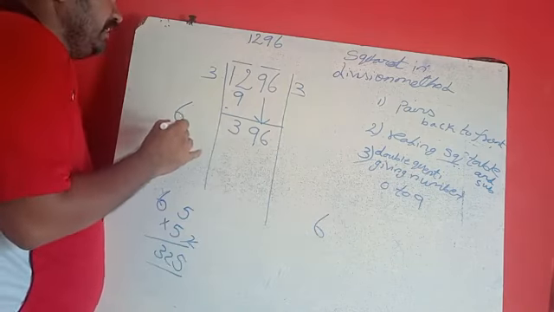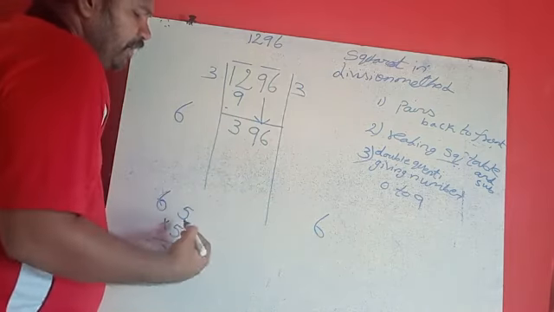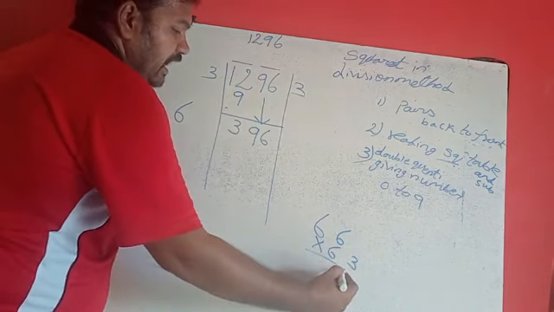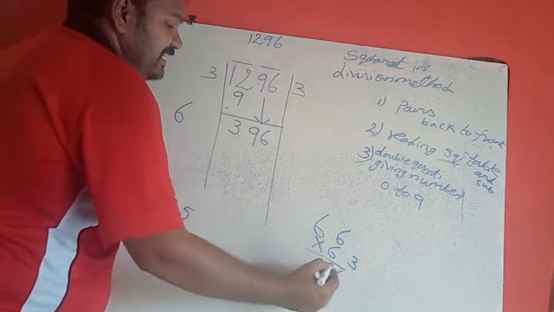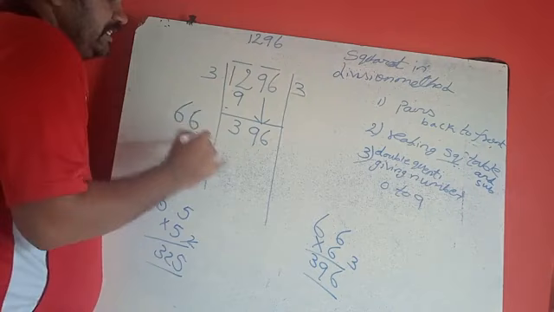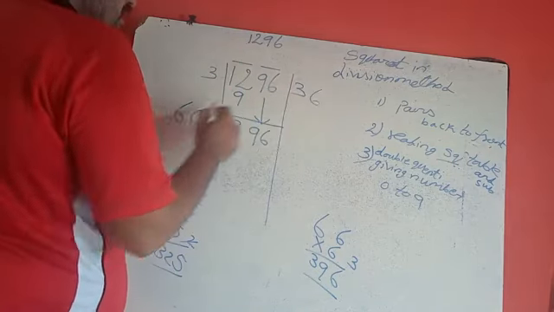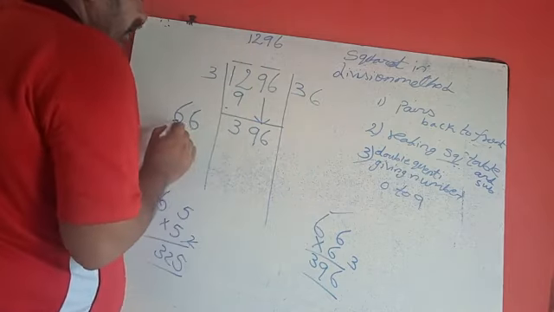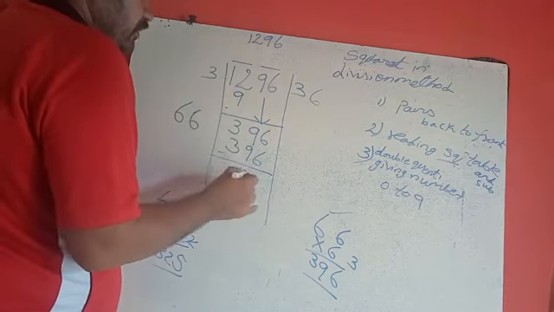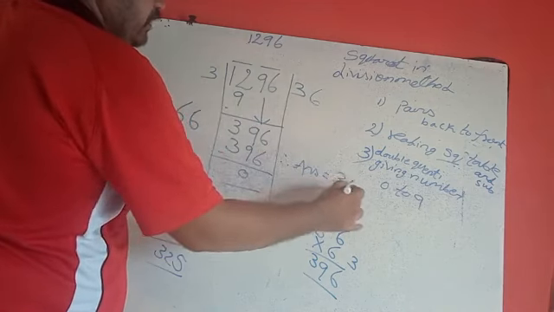So again write that 6. Again write the double: 3 double is 6. Giving another number. 5 is completed, next number I am going. After 5 what comes? 6 into 6. 6 6s are 36, 6 6s are 36 plus 3 is 39. So 66 into 6, we write 66 here and 6 here. That is 396. Subtraction is 0. Therefore the answer is 36.